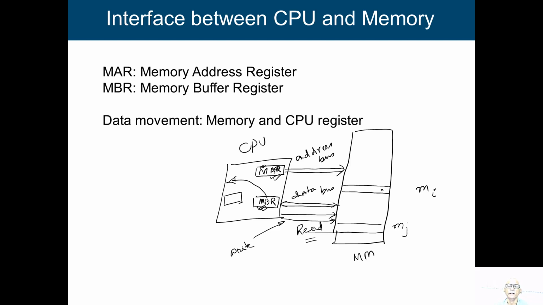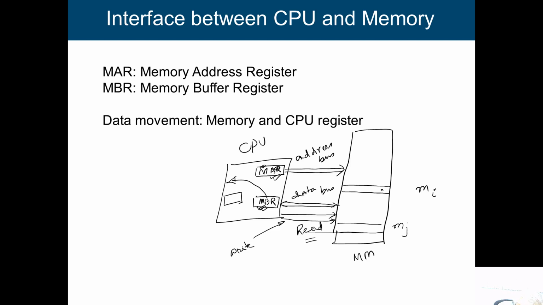the external world. And among the external entities, main memory is an entity connected to the processor. Like that, we are connecting some input output devices also. The data transfer will be similar to memory transfer. So, we have to identify the device through the device address, and to get the data, it will come to the data bus and come inside the processor. So, MAR and MBR are treated as interfacing registers between the processor and external entities.